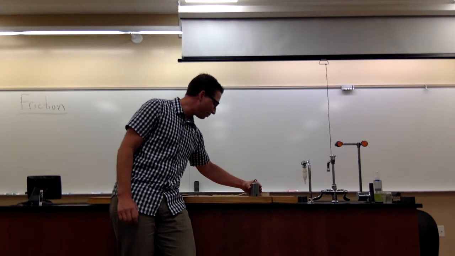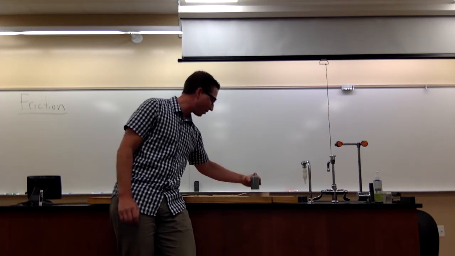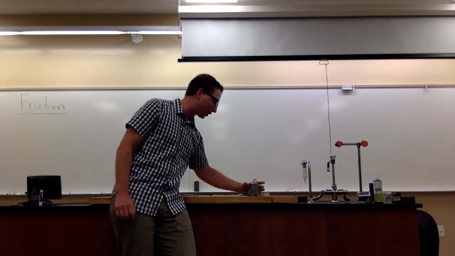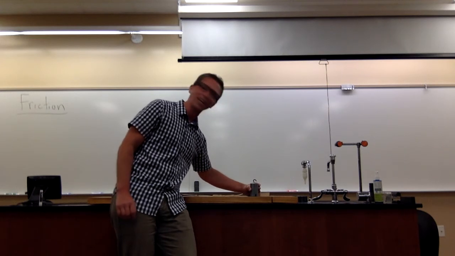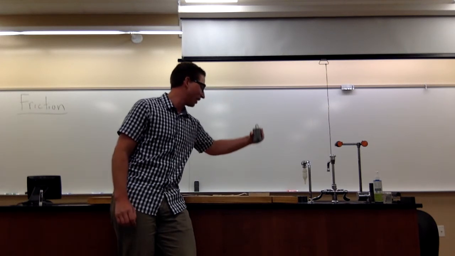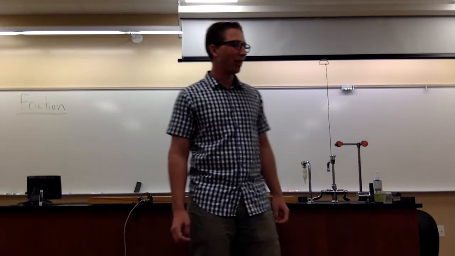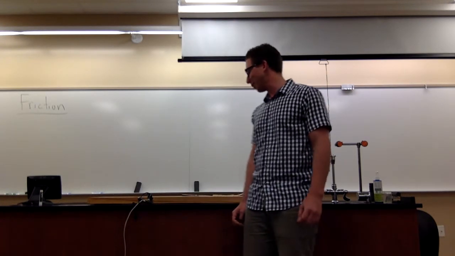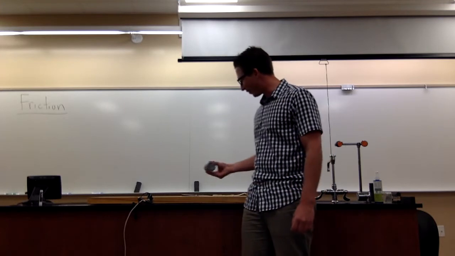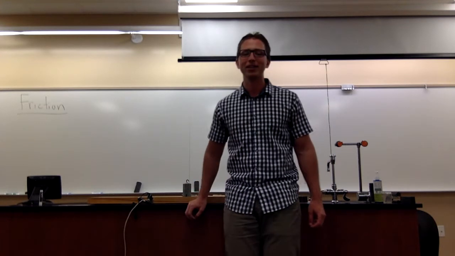If I clasp just hard enough, I can pick this weight up. And obviously I could grip it really hard, like a vice grip, and lift this weight off the ground. So that contact depends on the strength of that contact,